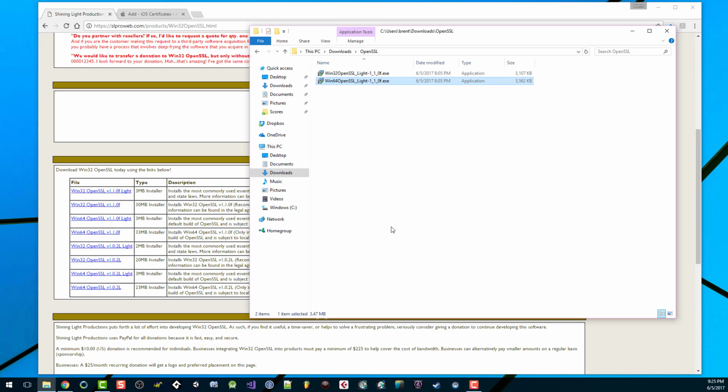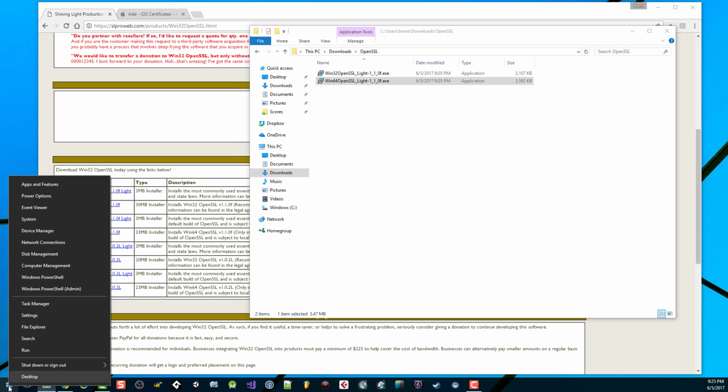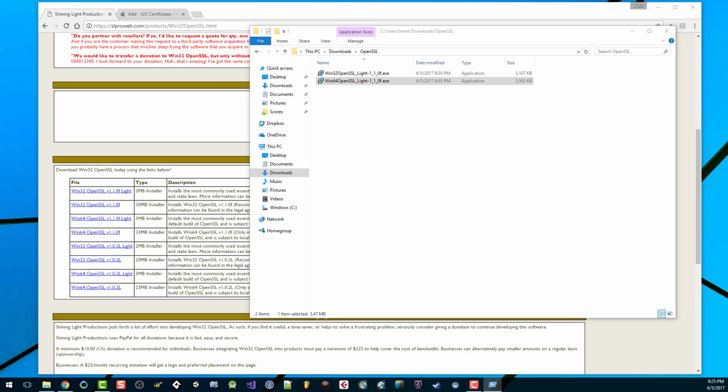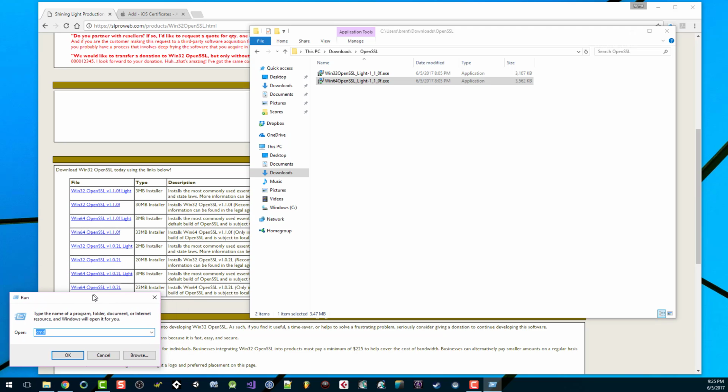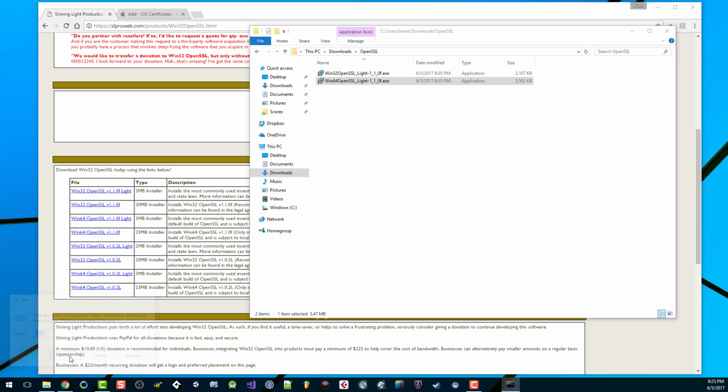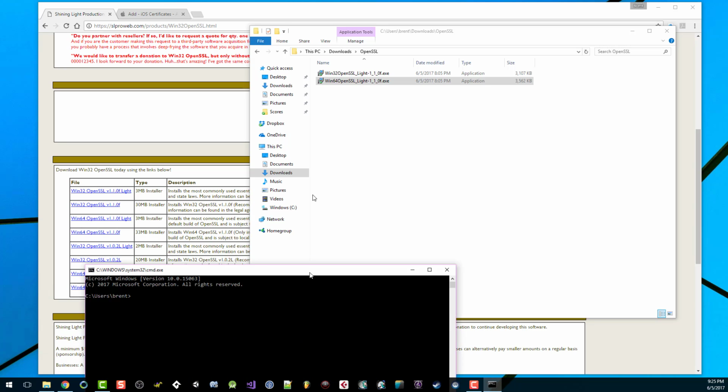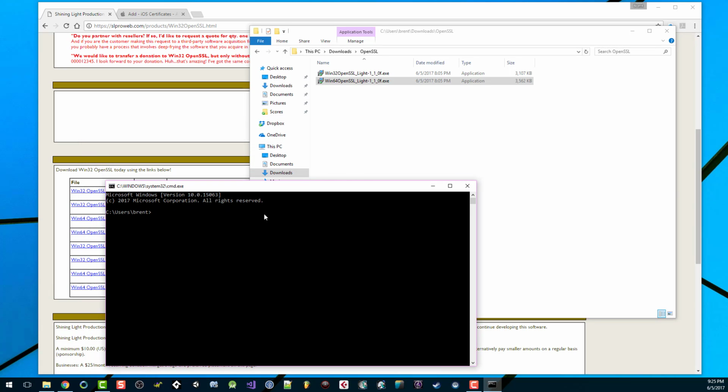All right, now we need to open a command prompt in order to run some command line instructions. So I can right click on the start menu, choose run. From here I want to type CMD and click OK. And now I've got my command prompt. Alright, let's navigate down. First I'm going to go CD and then / to go to my C drive. Now go to the folder that we just installed, which is